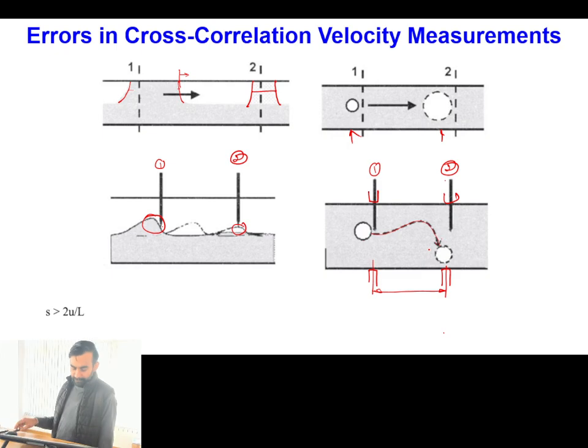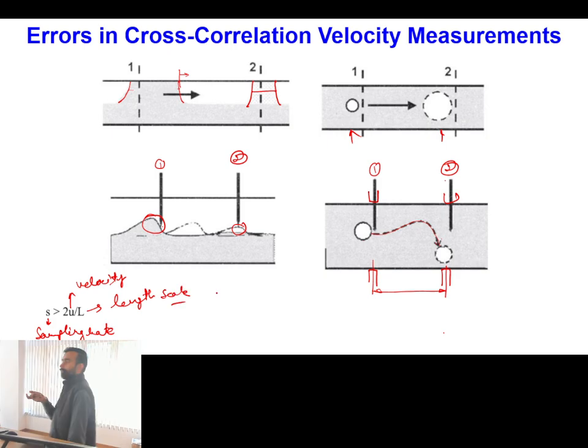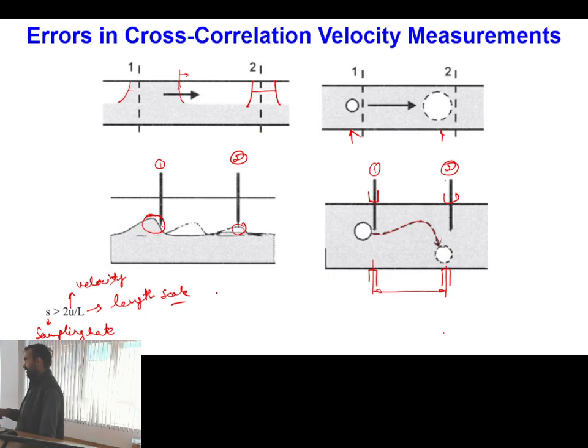So typically, the sampling rate of the probe, whatever data you are observing, should be greater than 2u/L, where u is the velocity of the fluid particle and L is its length scale. Okay, so whenever you connect any probe, optical probe or laser diode based system, all these are nothing but the